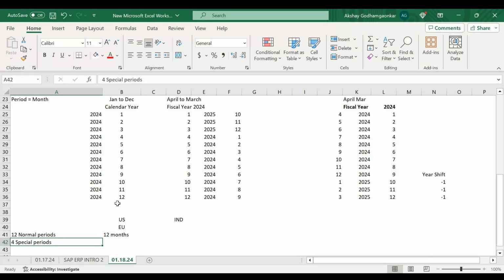And if you want to post an adjustment entry in year 2023, which is already closed,